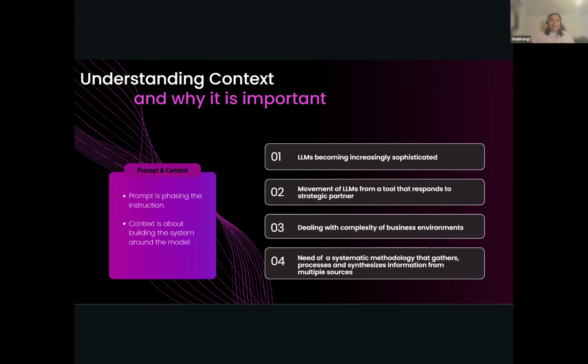I'm sure everybody on this call would have heard about hallucinations, and a lot of people think that hallucinations only happen if there is a model flaw. But a lot of the time it actually happens because the context has not been grounded properly, and that leads to wrong or unreliable responses.